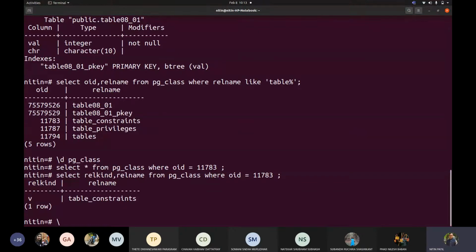If I try to get information about this object, I may not be able to find out what exactly this is. So your next target is to find out what the different values for this rel kind are. If I remove this, order by OID and let us add this.